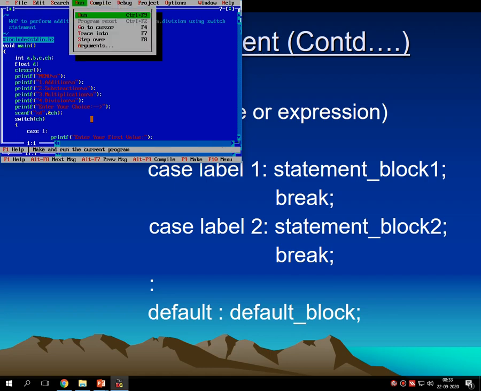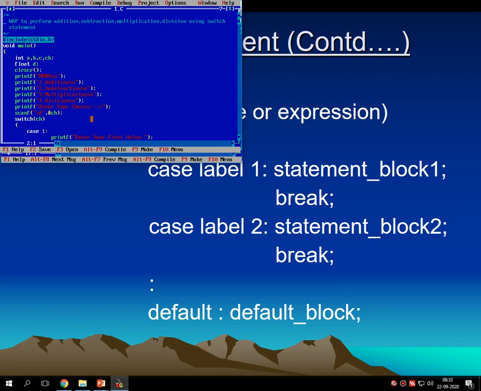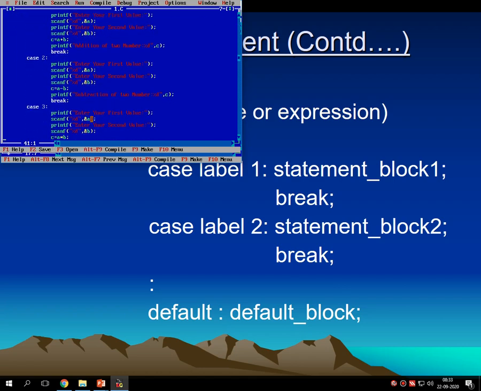Then let me go for choice number 4. 1, 2, and this is wrong. Why wrong? A divided by b. I think I have not taken this as a float variable. Let me check.